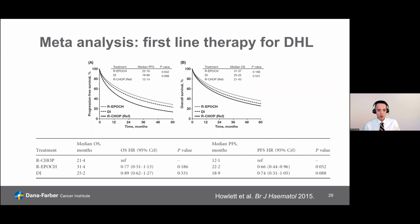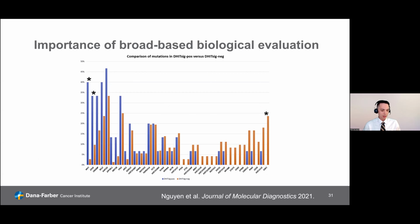And then there was another meta-analysis a year later that showed a similar finding, in that dose-adjusted R-EPOCH conferred superior survival to R-CHOP alone, and the intensified regimens suffered from greater toxicity, and as a result, we're still using dose-adjusted R-EPOCH. Now, I do want to say, coming to the end of my talk, I'm very much